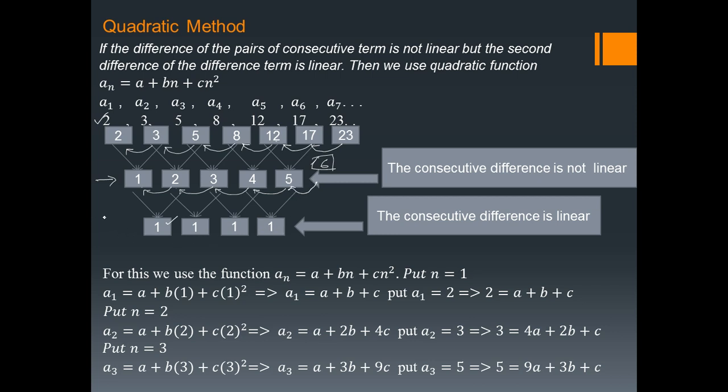So the difference of the differences is linear. But in the first case, these are not linear. If in the second tier, the differences are linear, from this we conclude